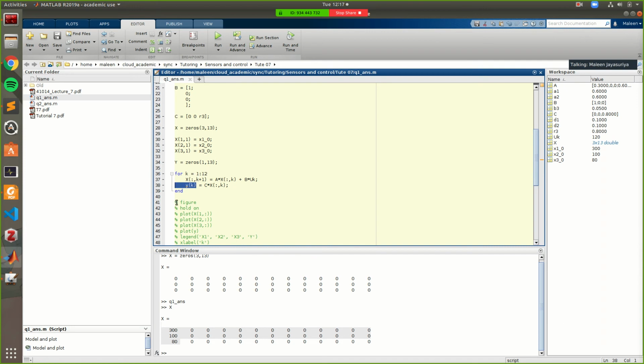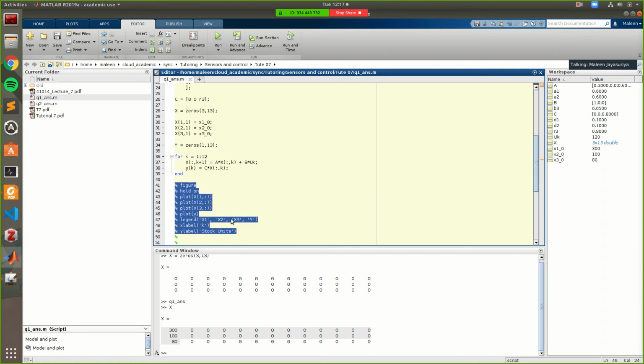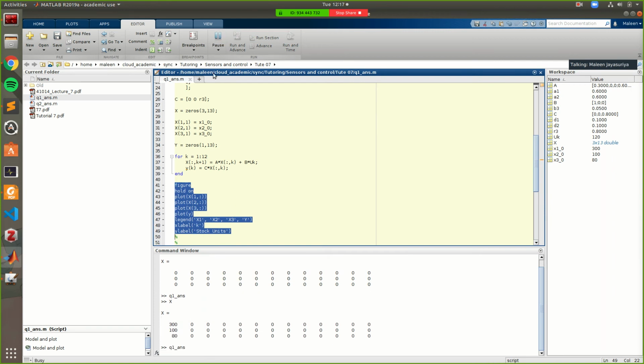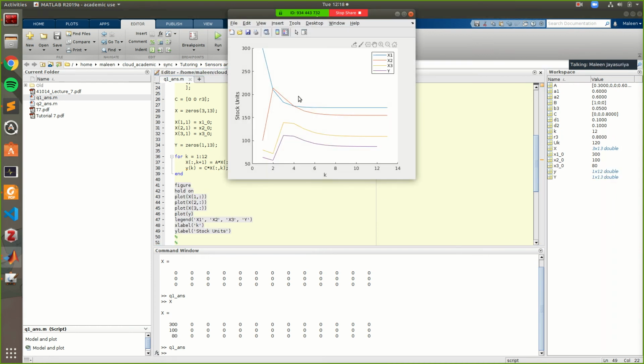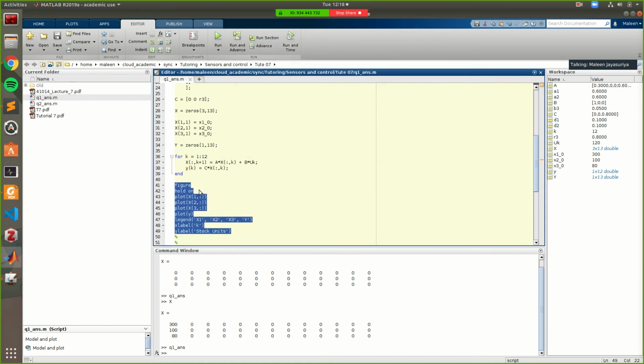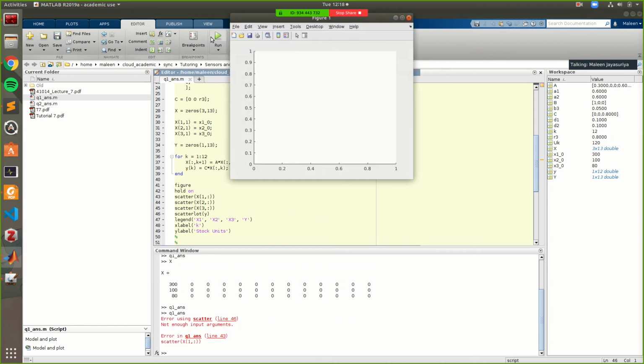And then what we're going to do is simply plot it just to see what the states are going to look like. So if I run this, we should get a plot of what the states look like, right? Actually, instead of a continuous plot, it's better to do a scatter plot, because these are discrete time systems, right? So you don't really have a continuous kind of connection between them. So I think it's better to do a scatter plot.